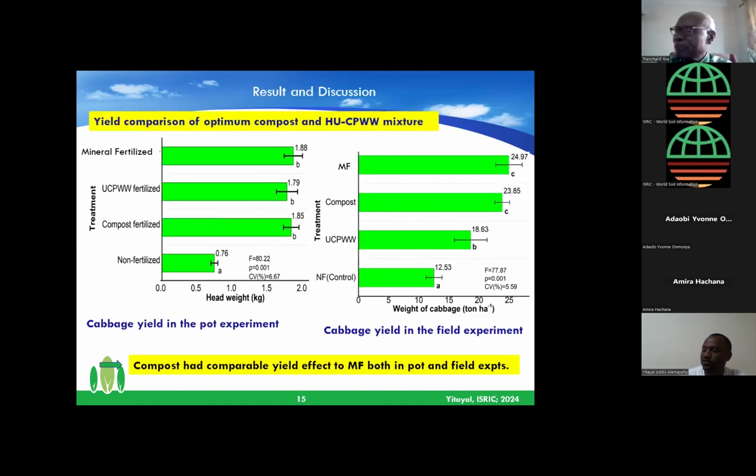So what was really obtained from the experiment? The first figure shows the result from the pot experiment, cabbage in the pot experiment, and the second in the field experiment. As you can see,